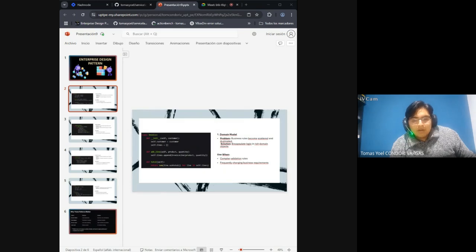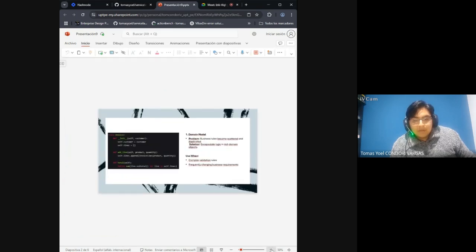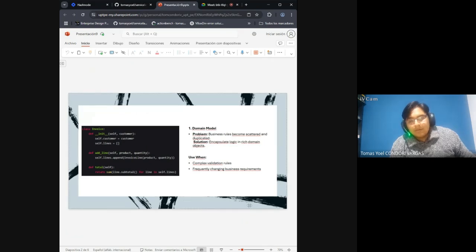Number one, domain model. Problem: business rules become scattered and duplicated. Solution: encapsulate logic in rich domain objects. Used when complex validation rules and frequently changing business requirements. In this small example,